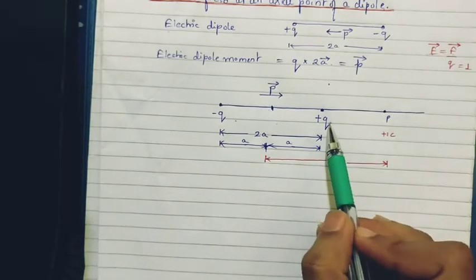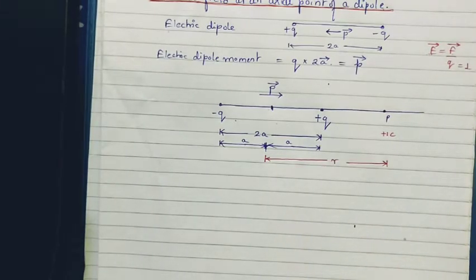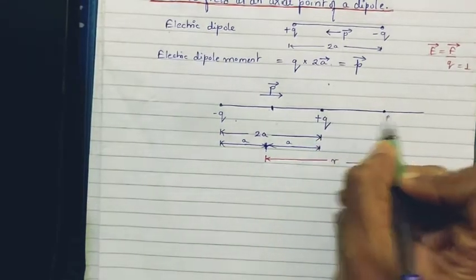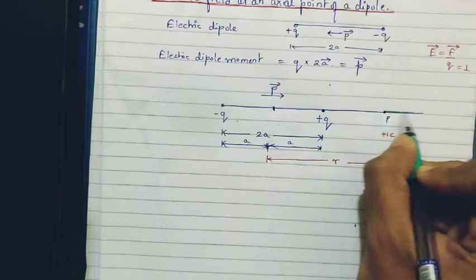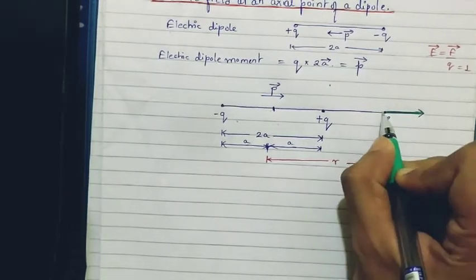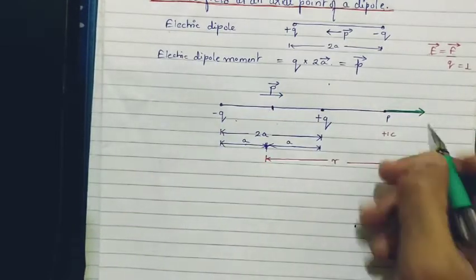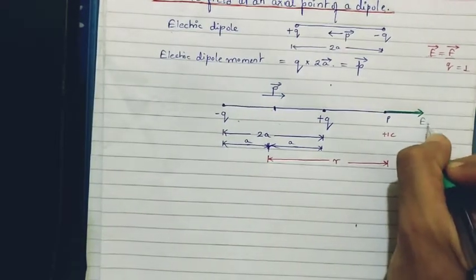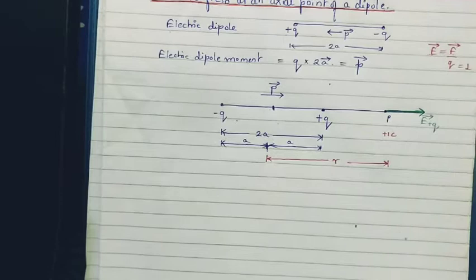Okay, so now for an individual plus Q, for a positive charge, we have already seen that the direction of the electric field is radially outwards. In the electric field line configuration, we have seen this. So how will we mark the direction of electric field? It should be outwards. So from point P, the direction of the electric field due to plus Q will be radially outwards. It will go out. Okay, so this is your E due to plus Q, which is a vector quantity.